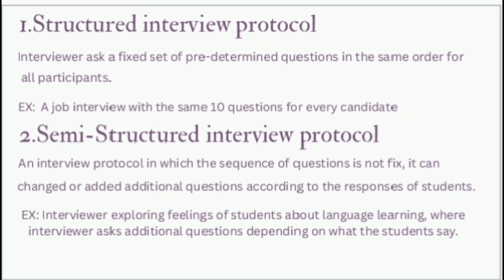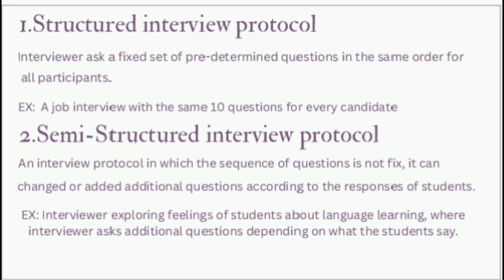Like a job interview with the same 10 questions for every candidate. For example, a structured interview means the interview protocol has a proper sequence of questions like 1, 2, 3, 4, and all questions have to be asked to every participant. Okay, so this is a structured interview.